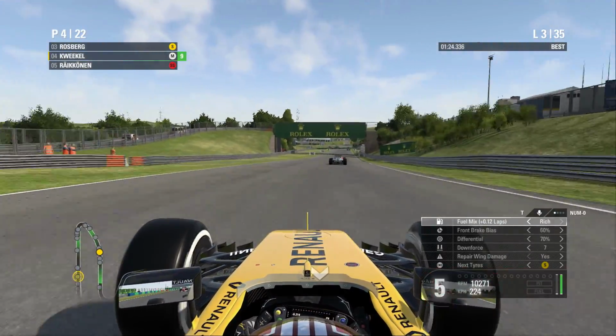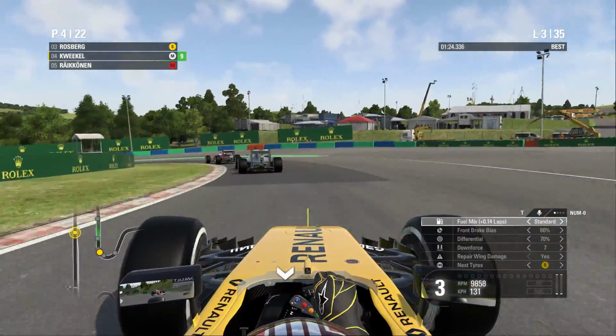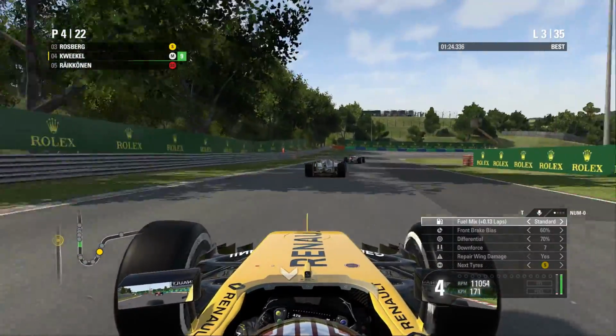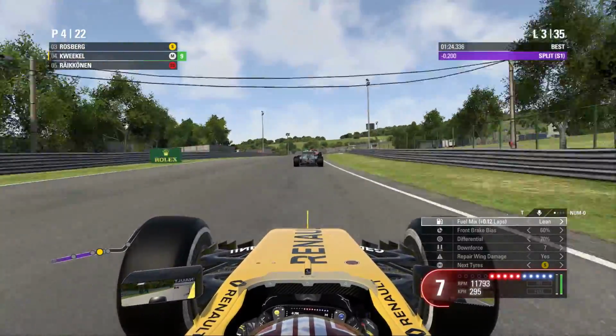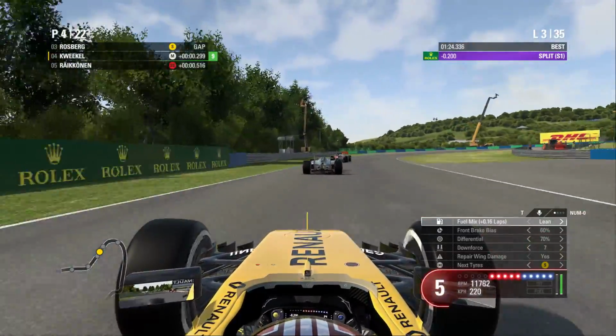Now, talking about the compounds, obviously, we're a bit on a different path compared to the cars around us. Will that play any kind of role in this race? I think yes, I really think so. We're on the medium tires, obviously we'll go longer. Can we also perhaps save a pit stop? I'm not sure. A 1 stop seems to be